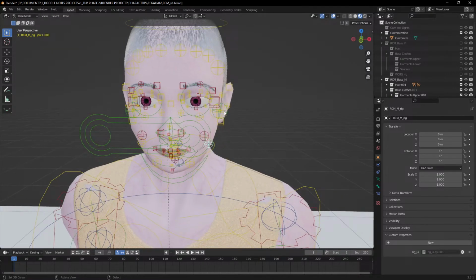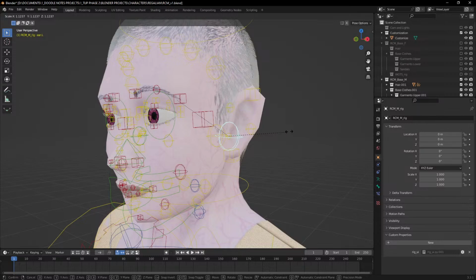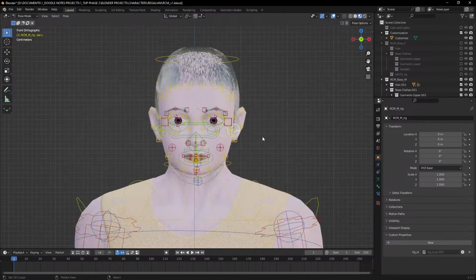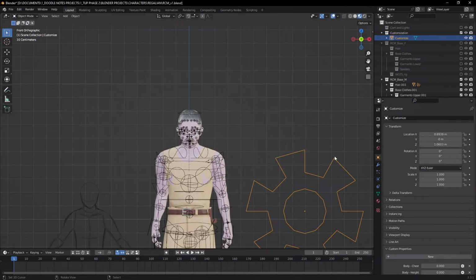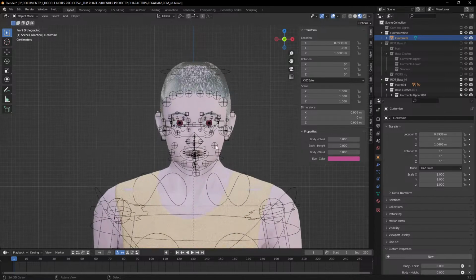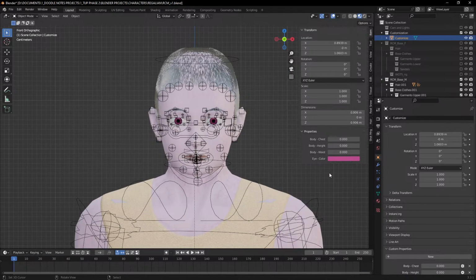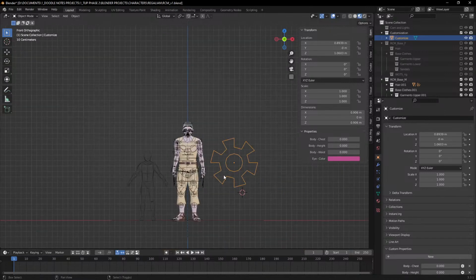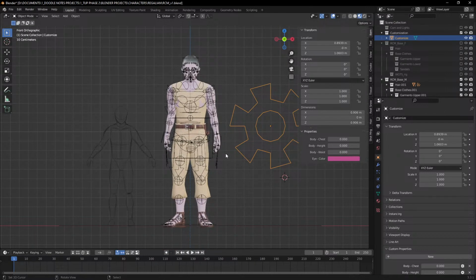Is that ear size? I think we do have this bone for the ear. So yeah, just attaching that to a driver and then copy the data path from the custom properties, and we can just manipulate that. It's going to be a bunch of custom properties here when we're done, and I need to redo all that for the female variant. But yeah,